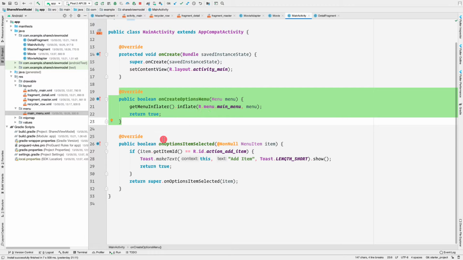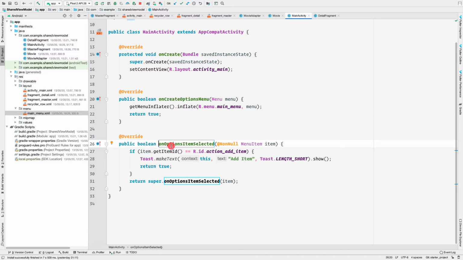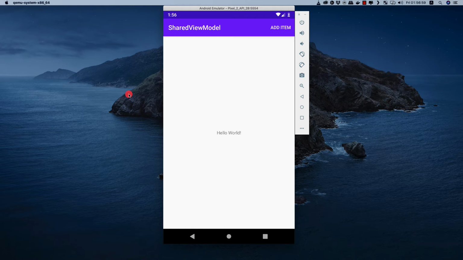onCreateOptionsMenu. And then we have overridden this method, that is onOptionsItemSelected, that is whenever we click that item, that is add item. So that's what we are going to do here. Currently it only shows us a toast here. And let me run this application first and then I'll get back to you on what is inside our